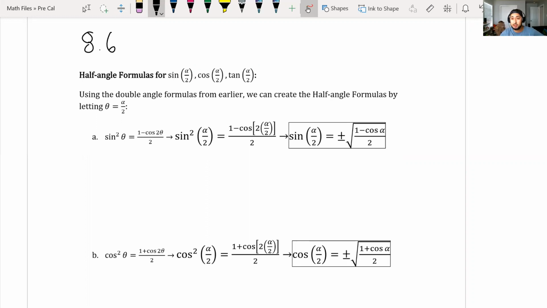So I wanted to split it into two parts so the video wasn't too long, because the first half was a ton of formulas, which means the second half we start with more formulas. Ugh, I know. So we're going to look at the half angles for sine alpha over 2, cosine alpha over 2, and tangent alpha over 2. So with that being said, we will start by looking at